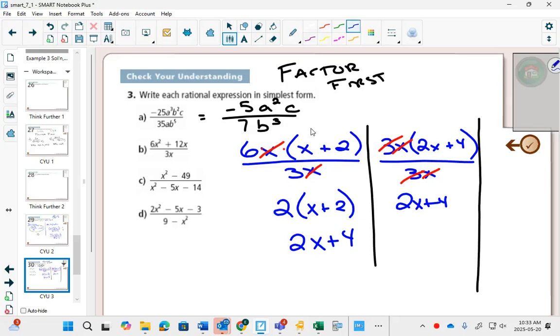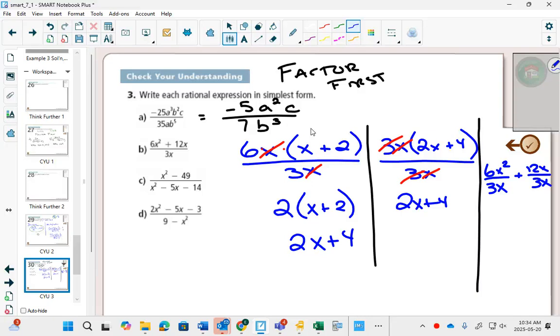Or we could use a strategy of what I call unadding fractions. When you're dividing by a monomial, this is the same as saying the 6x squared needs to get divided by the 3x, and the 12x needs to get divided by the 3x. Because how do you add fractions? When you add fractions, you get a common denominator and add the tops. I call this unadding fractions because you broke it up to what it was before,